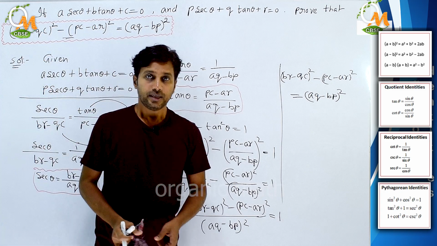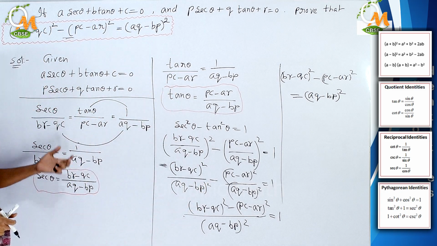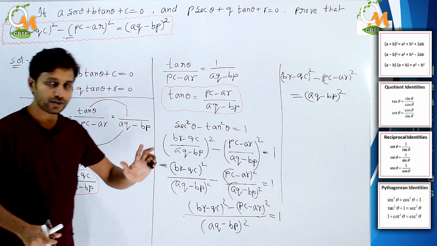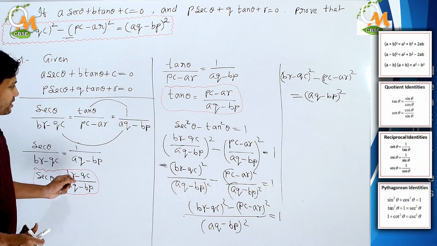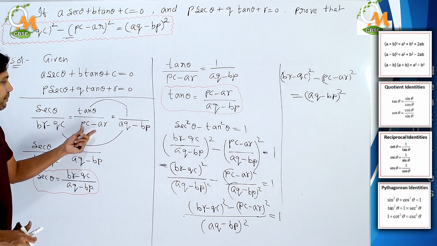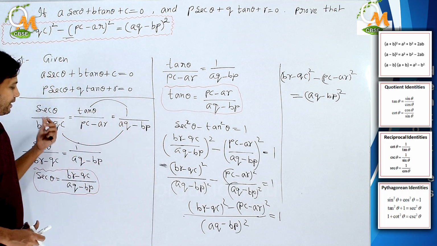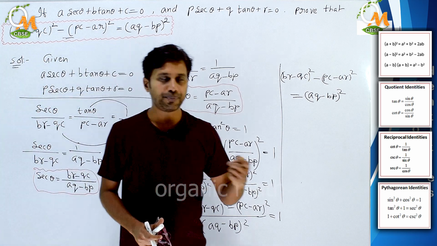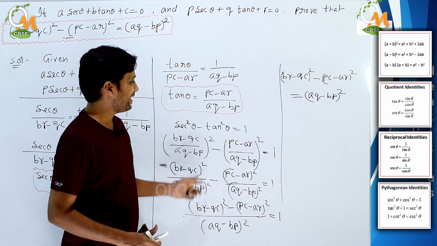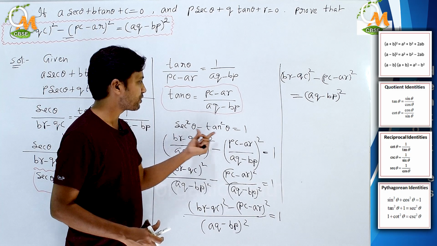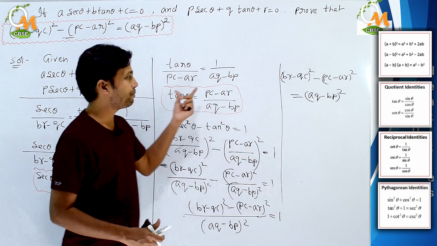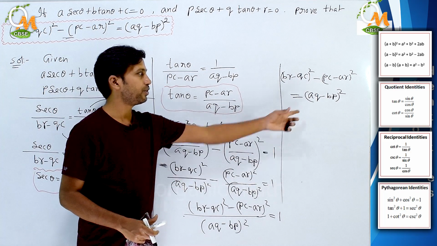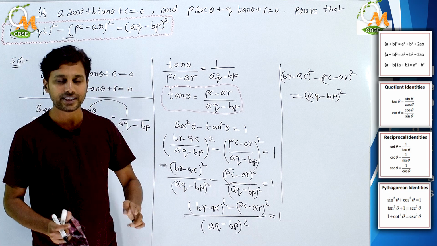You can get it. What we did here is we just solved these two linear equations. Of course, I didn't teach you this method. I just taught how to find the secant theta value and tan theta value in terms of ABC and PQR, and we substituted them in the trigonometric identity secant square theta minus tan square theta equal to 1. Then we simplified further to get the required condition. Understood? Like this we can do it.